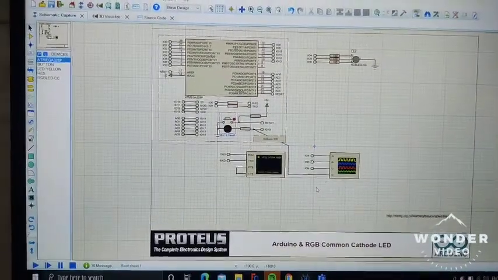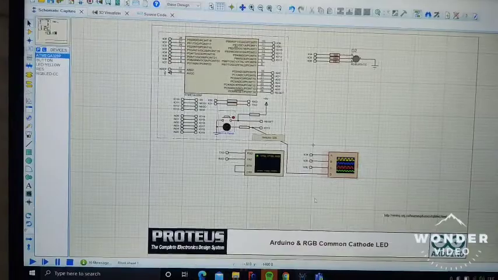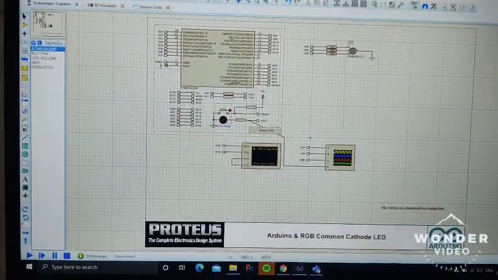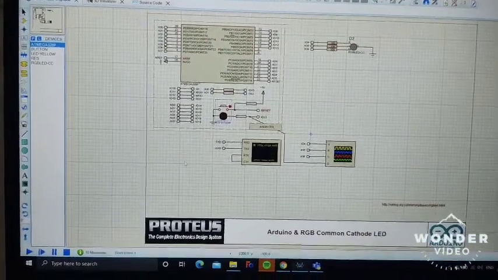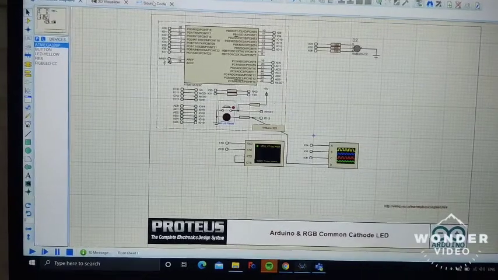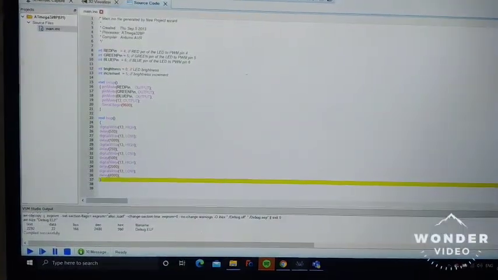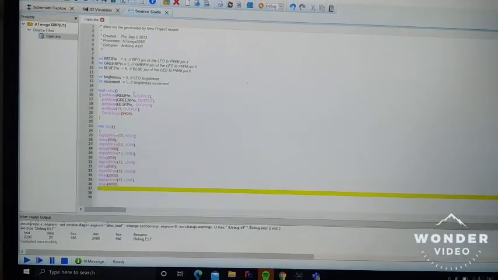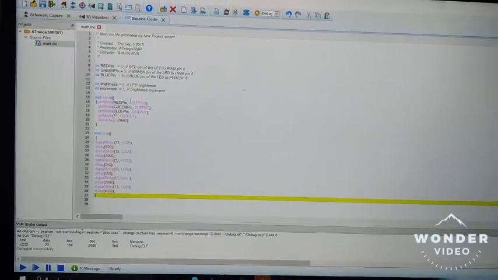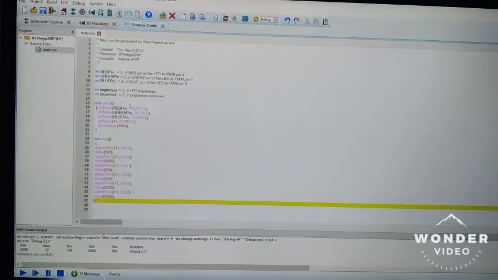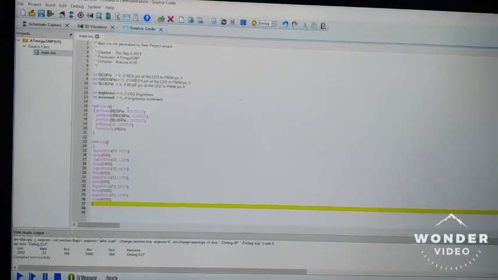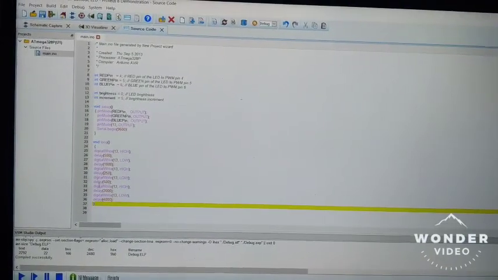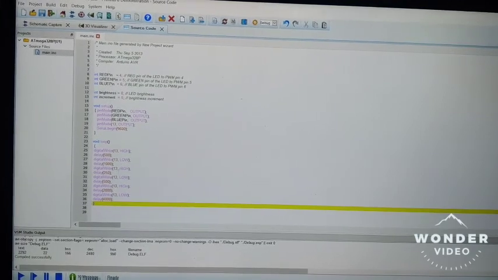Now let's move on to the next project. Here you can see the oscilloscope and the LED are connected by a wire at P13. Now let's see the source code. Here, to run the project, we have to activate digital P13 with the help of the pinMode function, and we also have to set the time duration for high and low inputs to generate a continuous square wave.